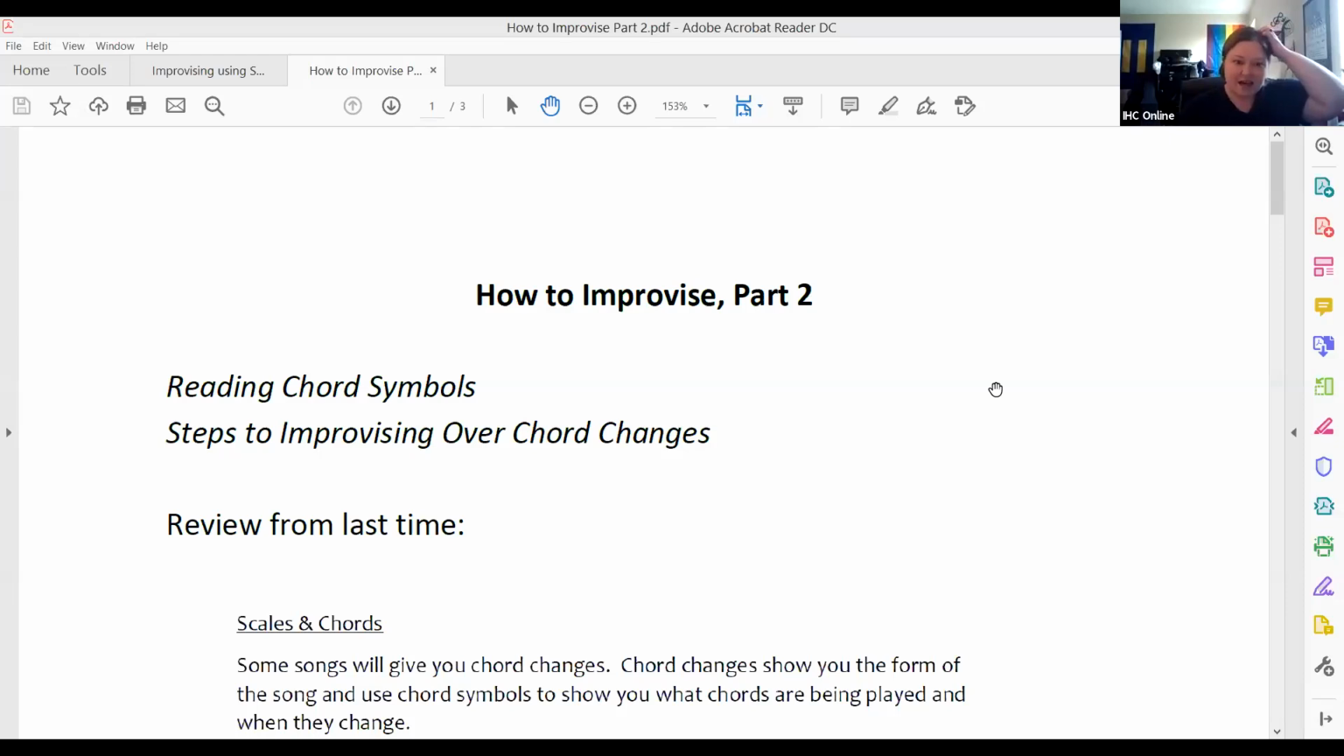Okay. So we're going to go over reading chord symbols, which we kind of already went over last week. So this will just be a quick review. And then I put together a step-by-step program for learning how to play over chord changes. So we're going to go through that today. Just to review quickly from last time,